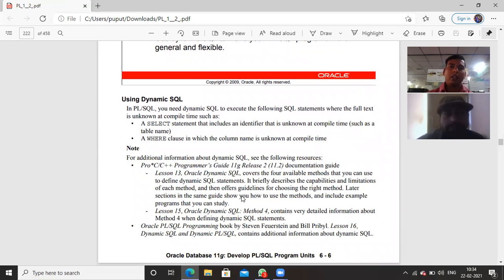In PL/SQL, you need dynamic SQL to execute SQL statements where the full text is not known at compile time, such as a select statement that includes an identifier that is unknown at compile time, such as a table name, or a where clause in which the column's name is unknown at compile time. Note that for additional information about dynamic SQL, see the following resources: Pro*C/C++ Programmer's Guide 11g,